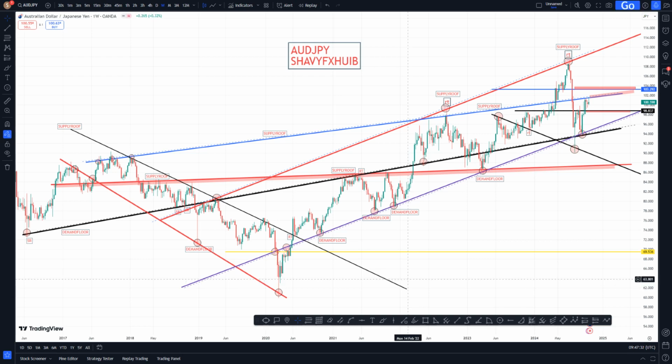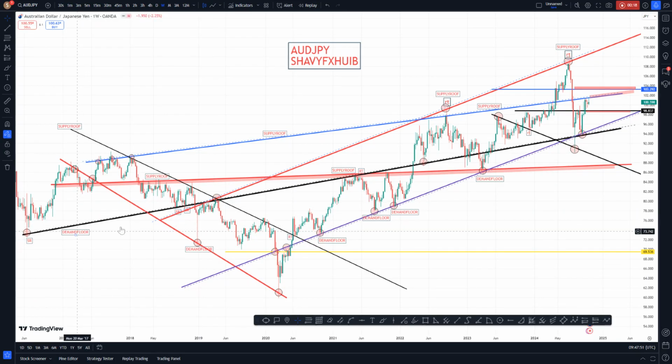FS of AUDJPY weekly time frame analysis. We want to look into the structure, and we've drawn our price action from 2016. Here we have support structure, support structure, support structure, break of a support structure, retest,